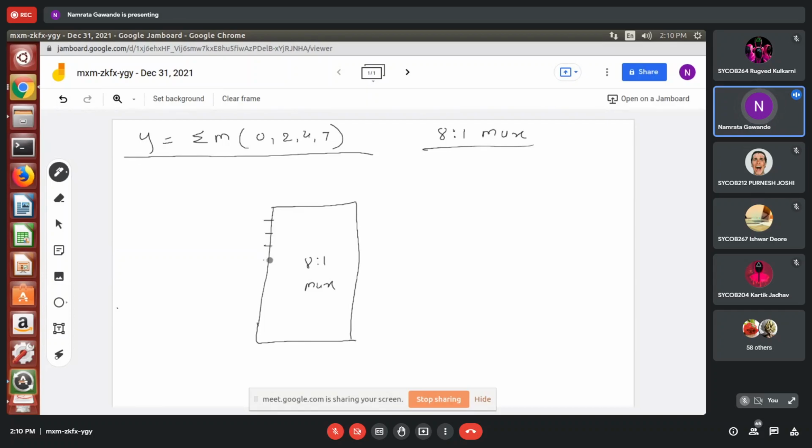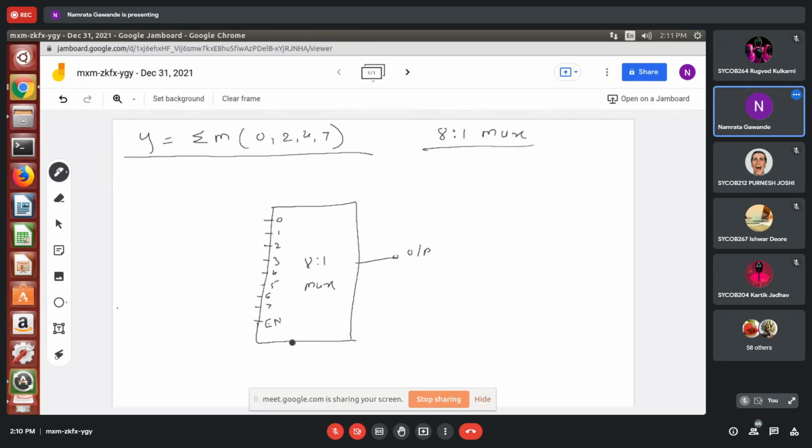Inputs required, 8 inputs. This will be enable. Let's consider these are the data inputs; either you can write D0, D1, D2, D3 or 0, 1, 2, 3, 4, 5.